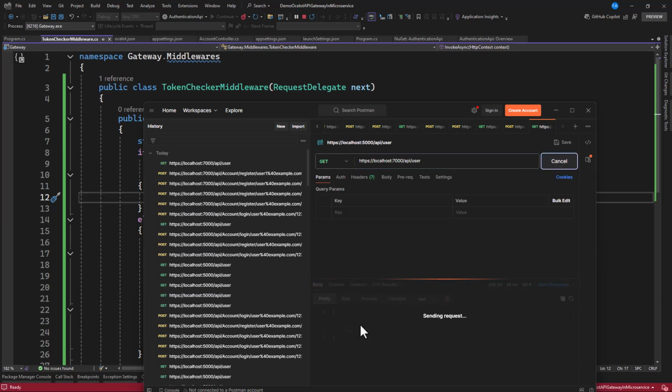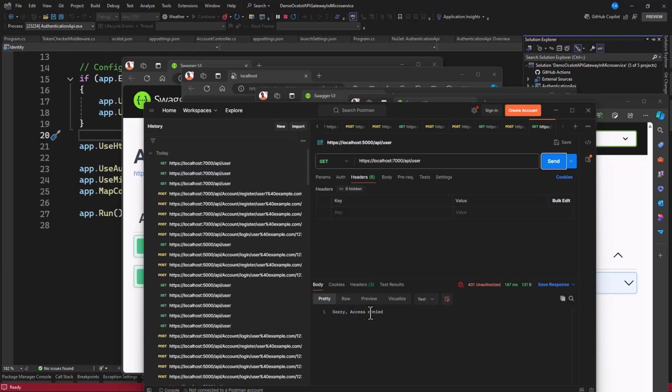Click on send. I must have access denied. So you can see that I'm having a status code of 401 unauthorized. If I go to weather forecast, let's see. Click on send. I have the same thing.